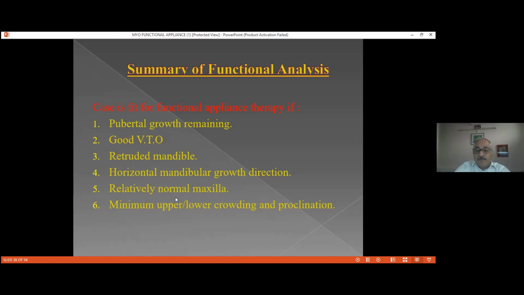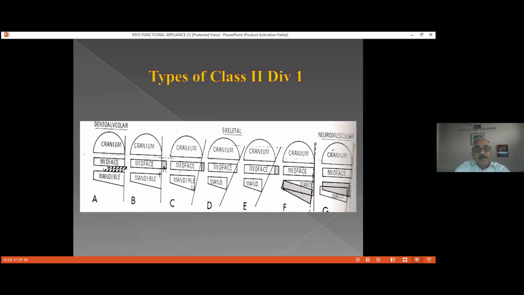Let me go back to the last slide. Here you can appreciate that the cranium and the maxilla is in the same line and the mandible is protruded. So if the mandible is brought forward, you will get a straight profile. Here you can see that the maxilla and mandible are in the same line, but the upper teeth are ahead. So this is also a type of a class 2 division 1, or it can be a class 1 type